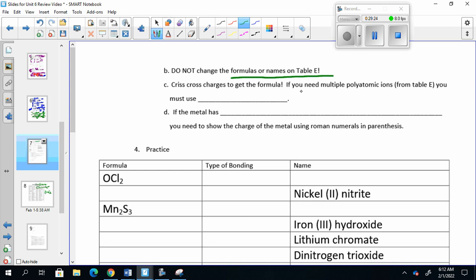Crisscross charges to get the formula. If you need multiples, you must use parentheses. If the metal has blank, you need to show the charge of the metal using Roman numerals. So if it has more than one possible charge, just like ionic, you have to do the same thing if it has both. Okay,